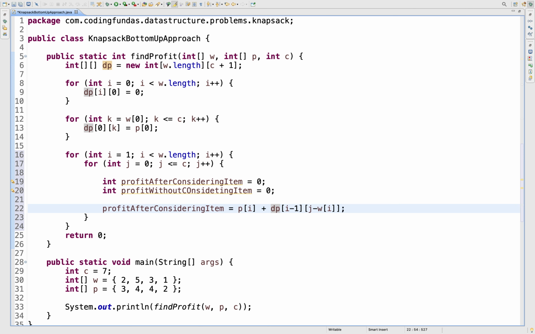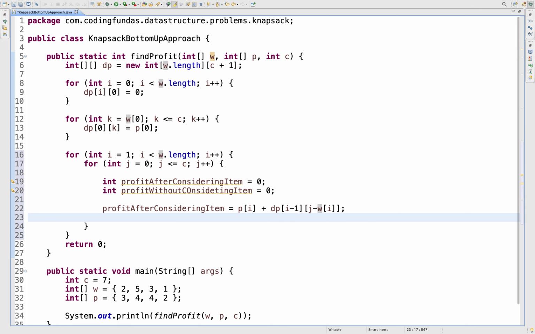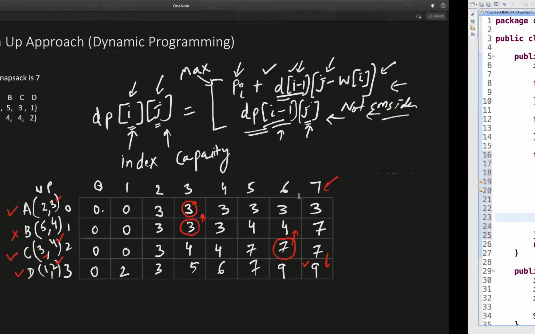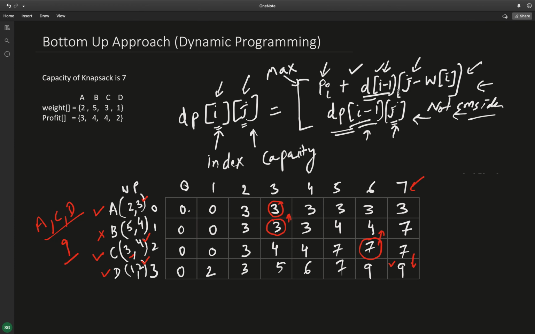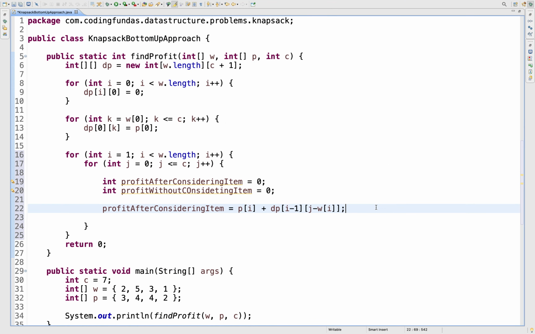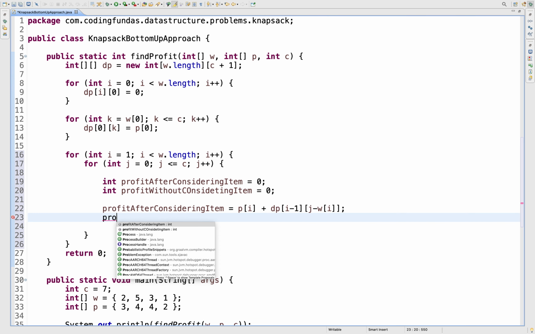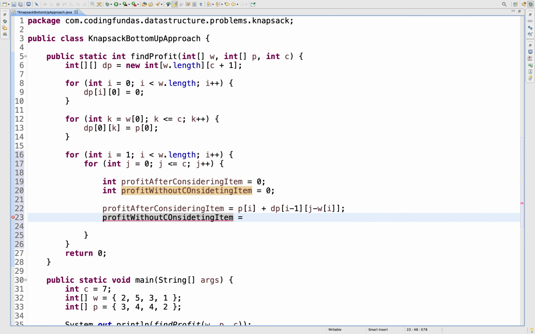And that maximum profit I'll pick from the dp array that is already calculated. So this is the same formula that we have discussed here, pi plus dp of i minus 1, j minus wi. And profit without considering the item will be just the row above, that is i minus 1, j, right?